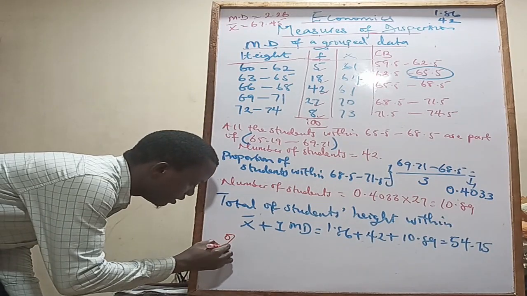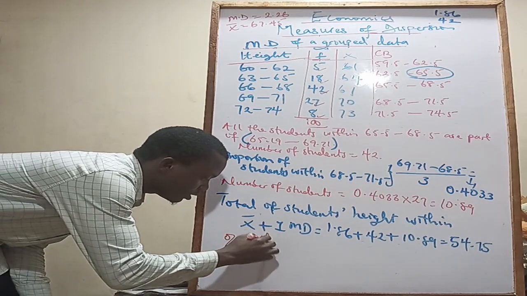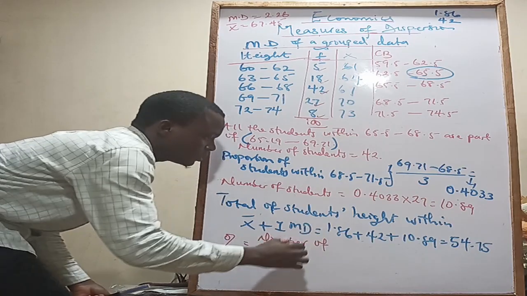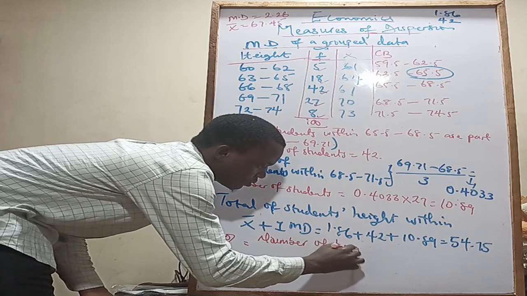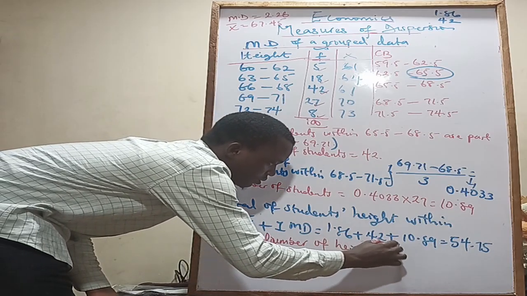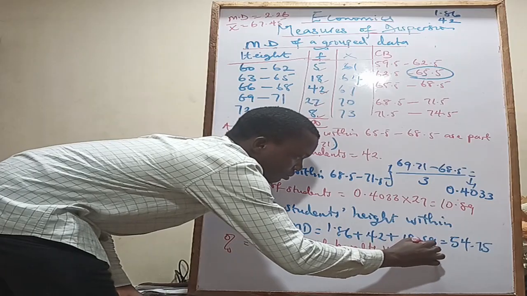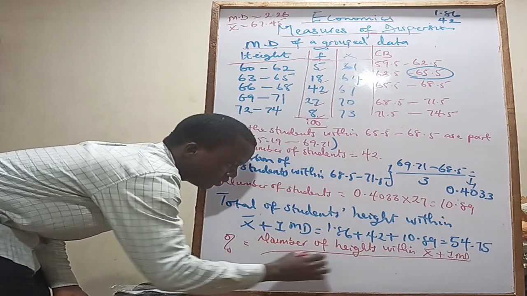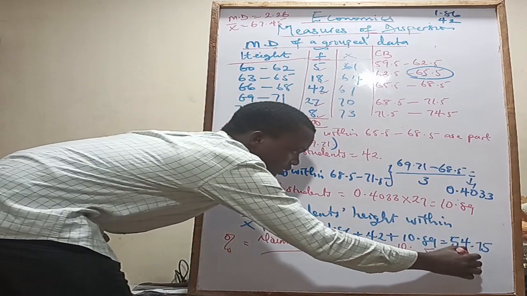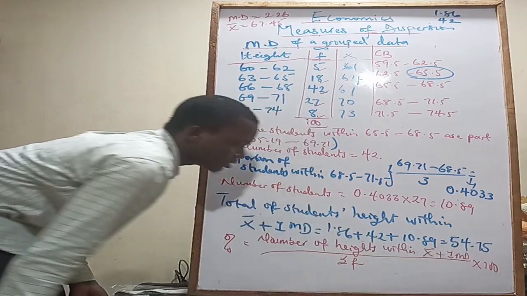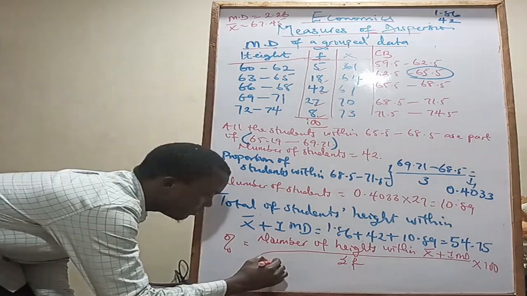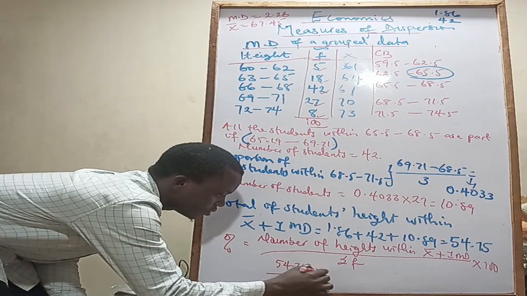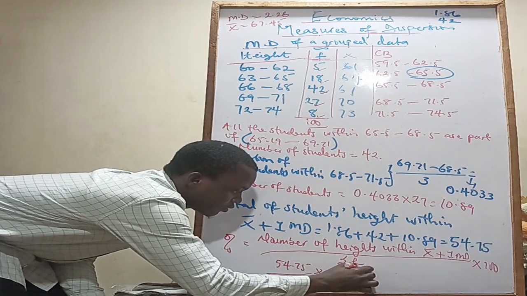So the percentage is going to be the number of heights within the mean plus 1 mean deviation, over the sum of frequency, then times 100, because that's what the question says we calculate. So we have 54.75 divided by 100 times 100, which is equal to